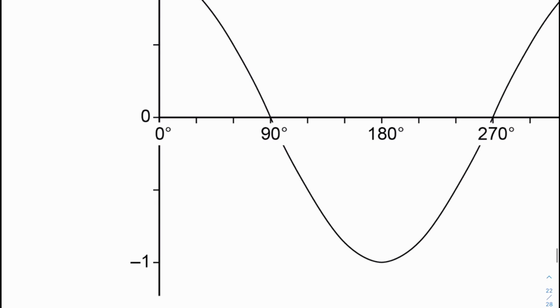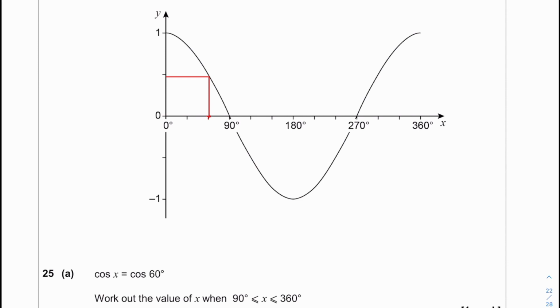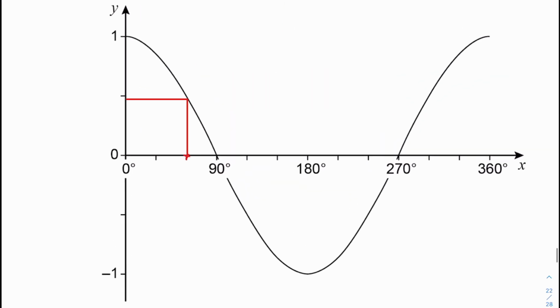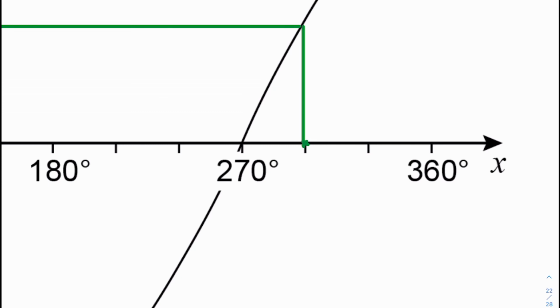So if we find 60 degrees, it's this point here. So if we do a line going up to where it meets our line on the graph, and then we go across. Okay, what we can then do is see that there's symmetry in the graph. So this is exactly the same as this point over here, so we can then draw a line going across from this point all the way across to where it hits the graph again, and we then draw a line down. I'll do that again because that's not exactly right. So a line going down, and it should be exactly on this point here, it should be exactly on the line,